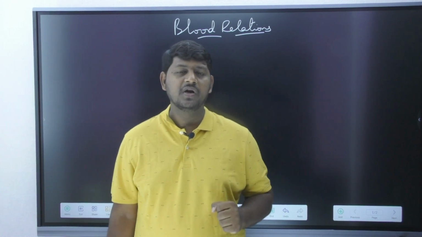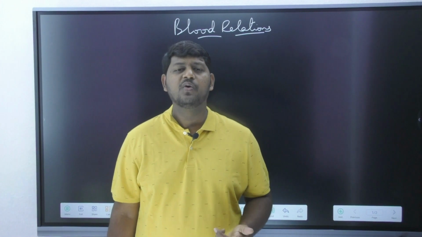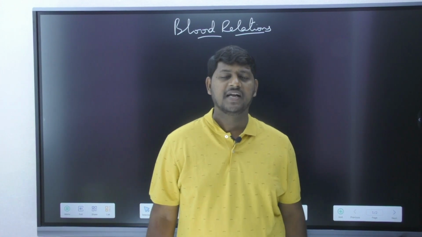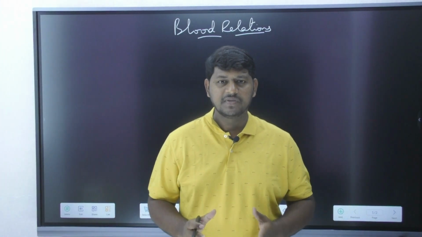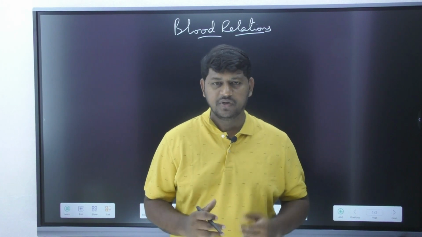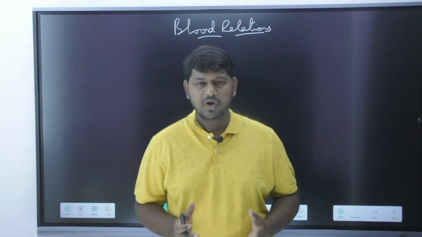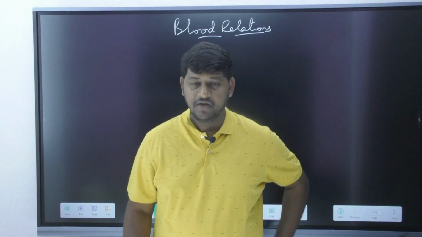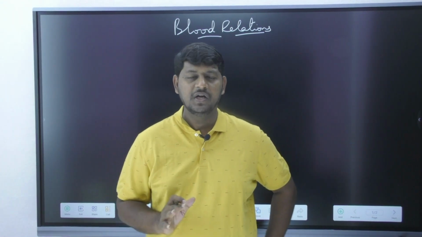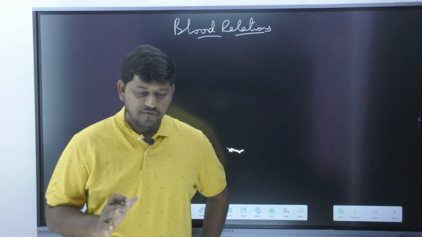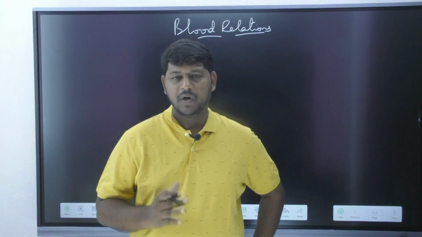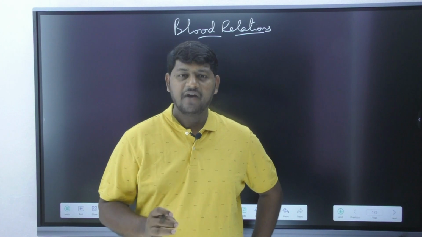The third model is coded relations. What do you mean by a coded relation? A coded relation is nothing but a question that gives you some symbols and asks you to convert them into blood relations. So that third model is going to be very simple if you are doing your first model thoroughly. Okay, now before moving on to models 1, 2 and 3, I have to teach you the basics of blood relations,